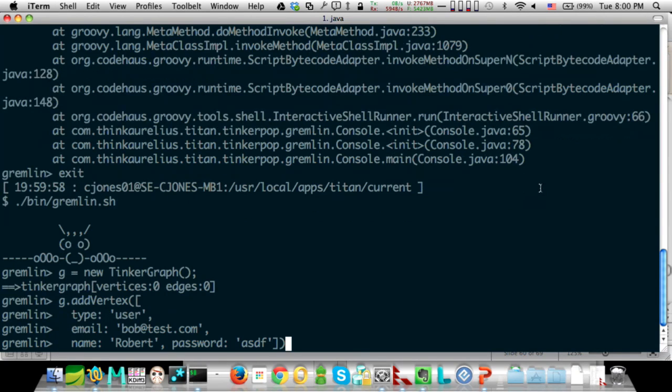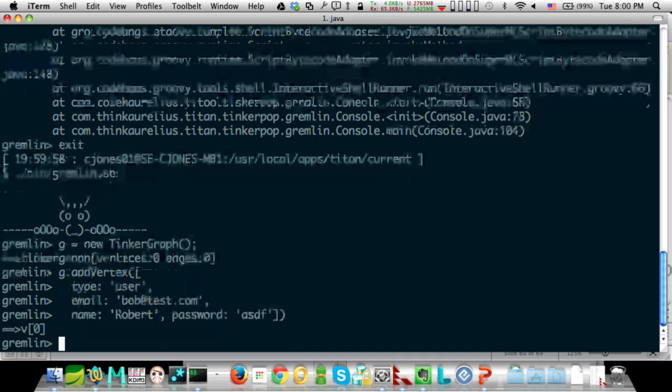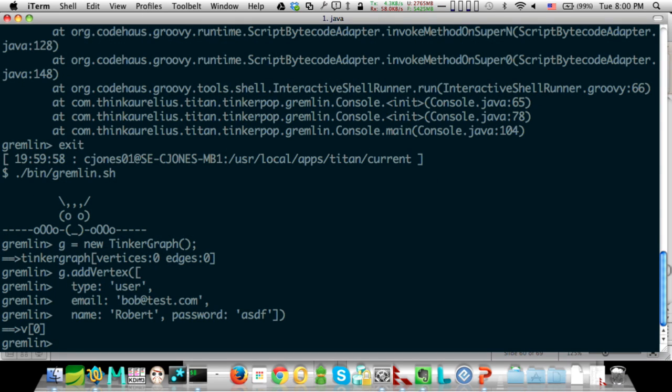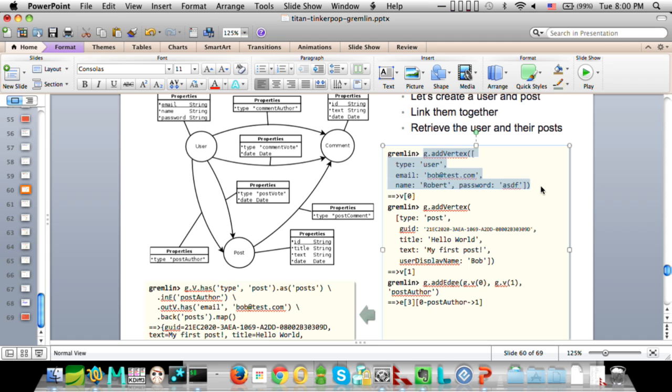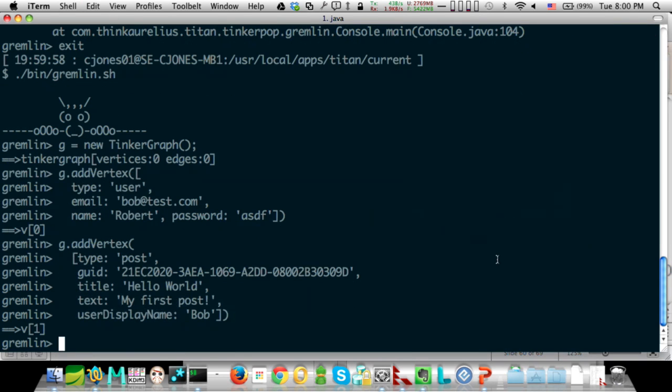So let's create a vertex. Add vertex: it's a user, Bob at test, with a password in plain text. Don't ever do that, but for the purposes of this, I'm not too concerned about anyone breaking into Bob's account on my laptop. And we'll add a post from Bob. So we have Bob and we have a post.